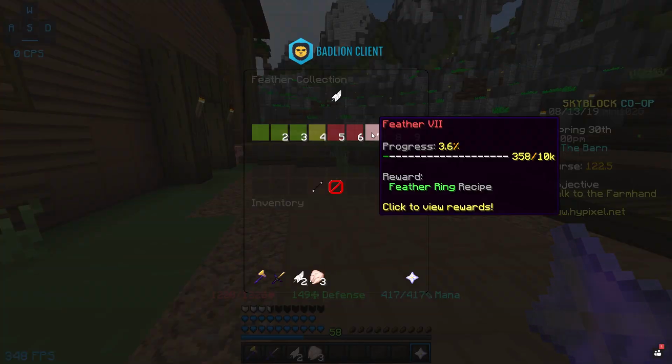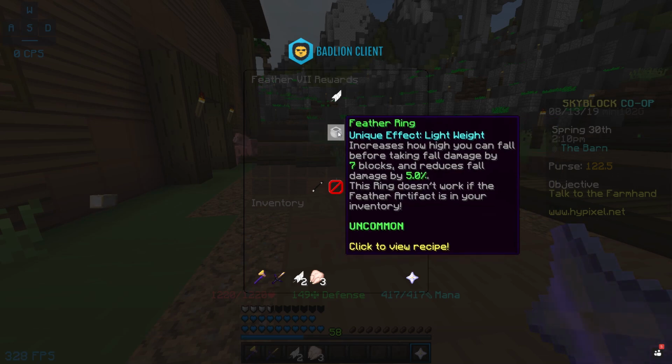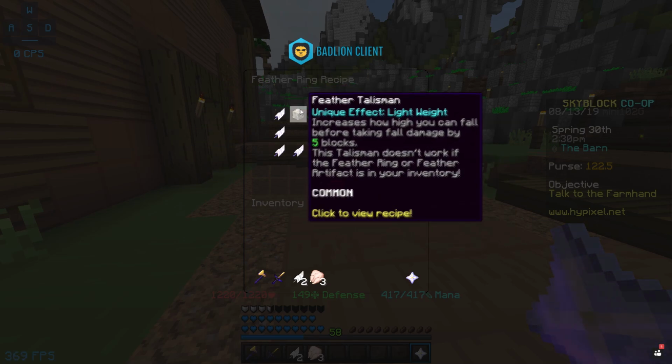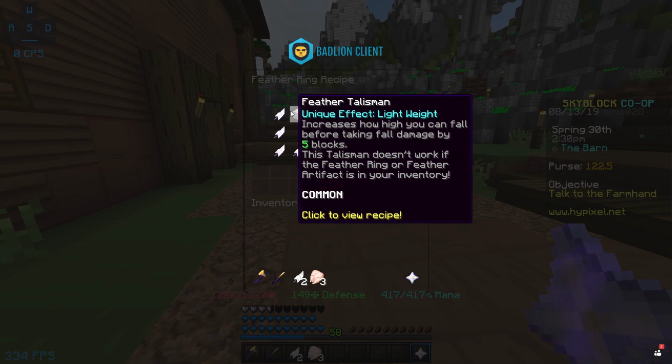Over here we have the feather ring, which is essentially an upgraded version of the feather talisman. You guys need to have feather 7 unlocked. If you look at the buff of this talisman, pretty much you can fall an extra 7 blocks without taking any damage, and it also reduces fall damage by 5%. The way you guys can craft this is you need to have a feather talisman,